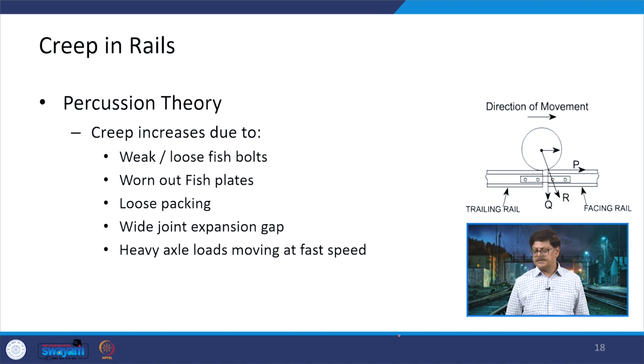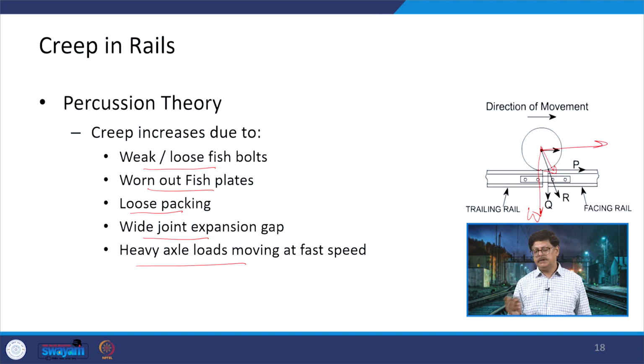So, what are the reasons which will increase the creep here? Very first thing, if the fish bolts are loose or they are weak, or the fish plates are worn out, or the packings below the rails with the sleepers are loose, or the joint is wide or it has gone into expansion conditions, and there are heavy axial loads which are moving at a faster speed. So, heavy axial load means it pushes this down, and when it is moving at a faster speed, then the